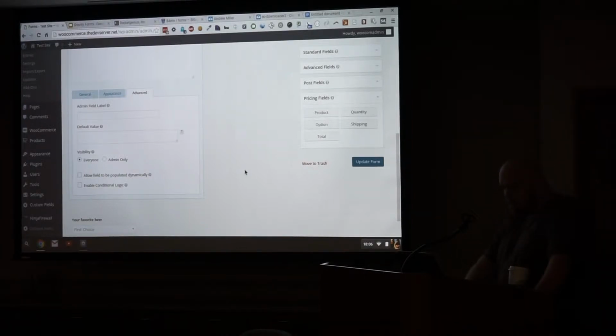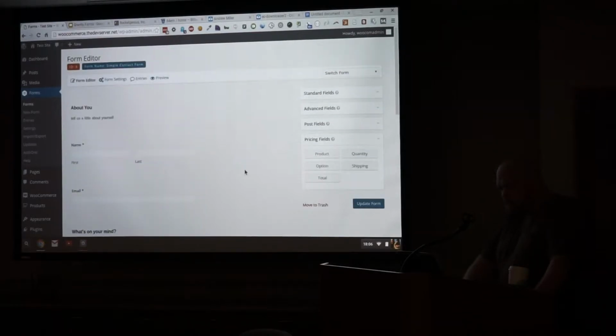Now, what version of this are you demonstrating? Is this the pro version? This is the developer version, and everything you see here comes with the individual version, the $39 one. The developer version doesn't add additional functionality to just the basic creation of forms. It expands upon the plugins that are available to you, which I can show you. So, for the $39, you get the form editor, you get the database saving,